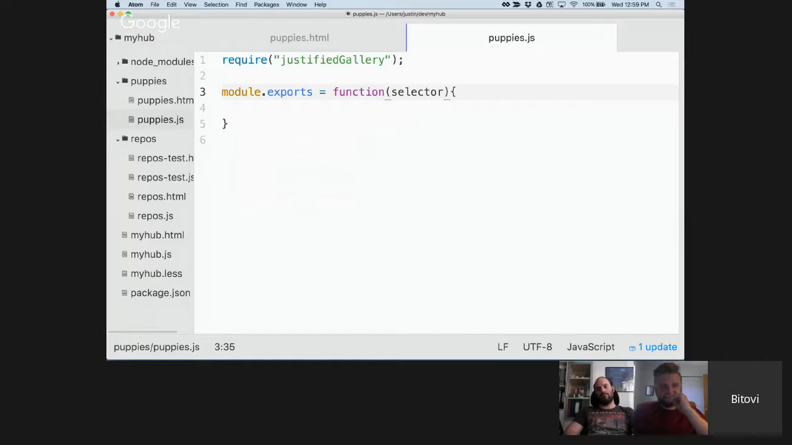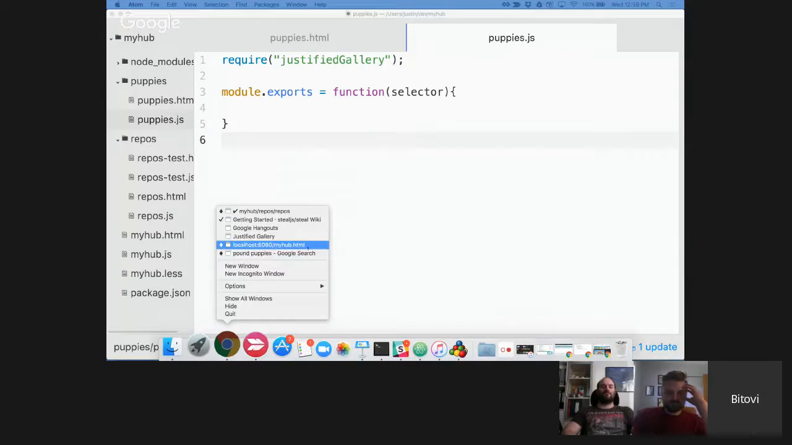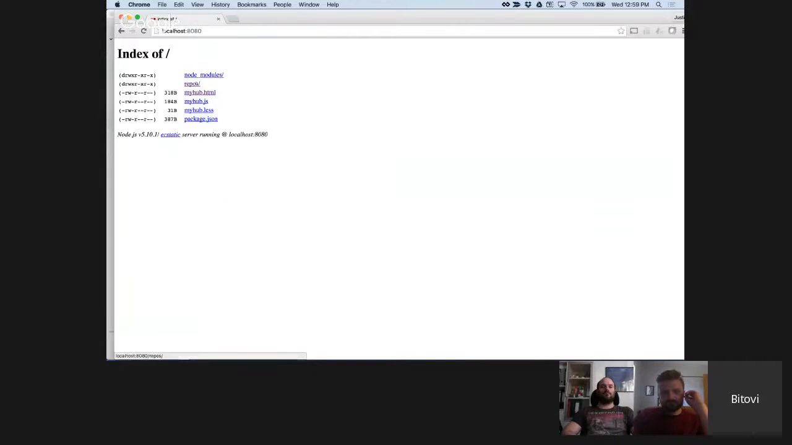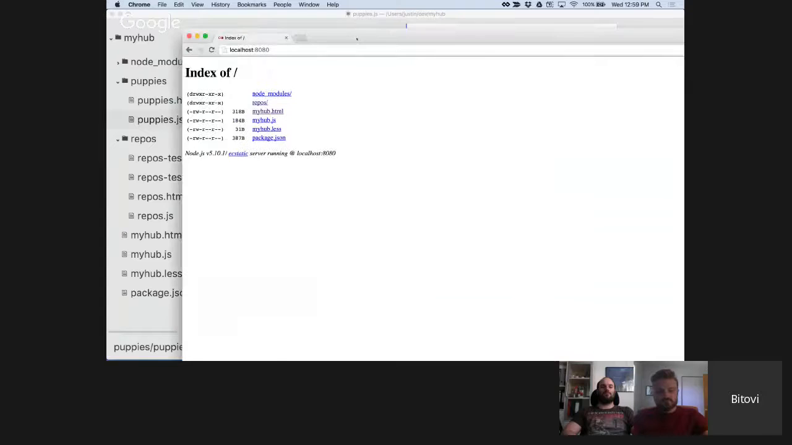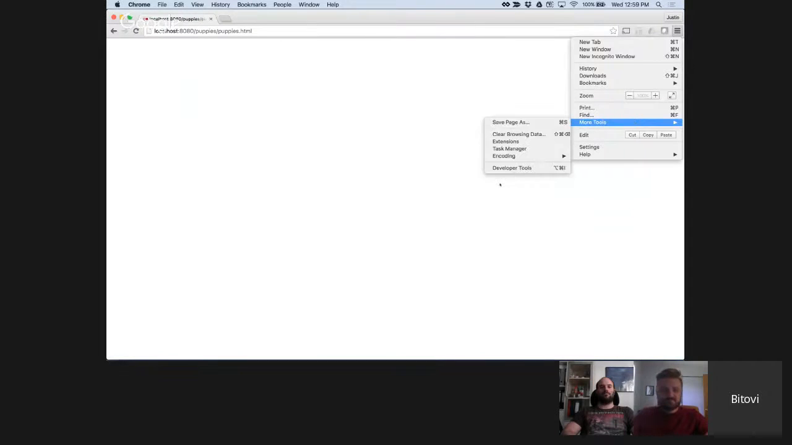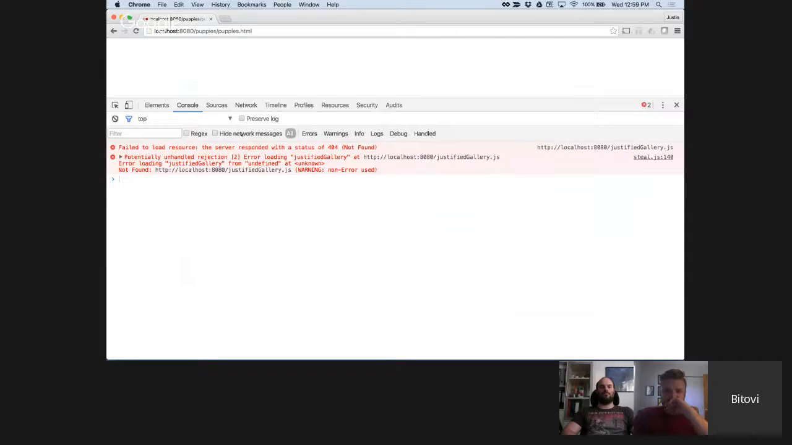Now, the problem, again, just like Bootstrap isn't exactly configured to load, justified gallery is even worse. So if I open up the puppies HTML, let me refresh. There it is. And I look at my dev tools. You'll see there's an error. It's trying to load justified gallery,